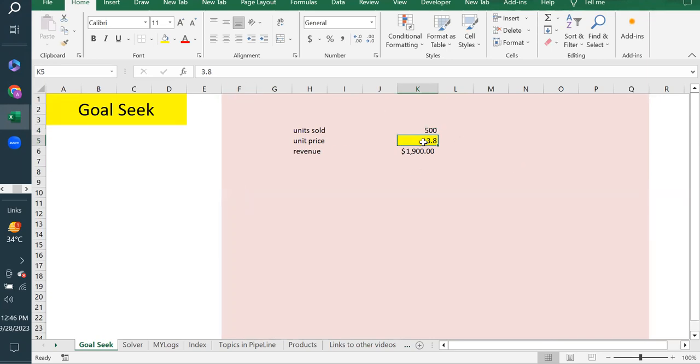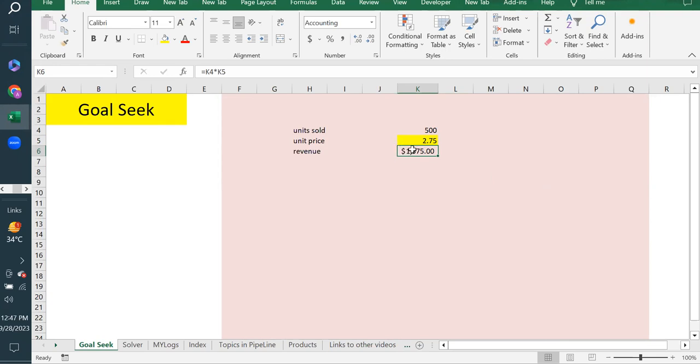And the same thing you can use if you have a predetermined unit price, for example $2.75, and you want to know how many units are to be sold to determine a certain revenue, for example 5,000 or